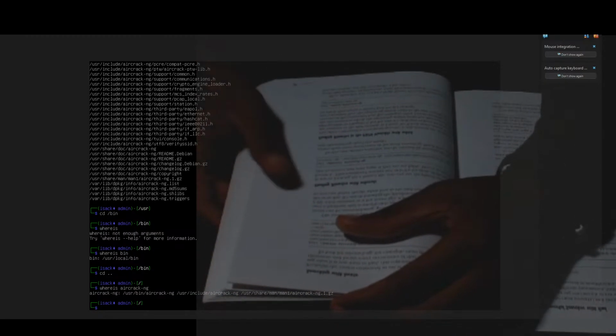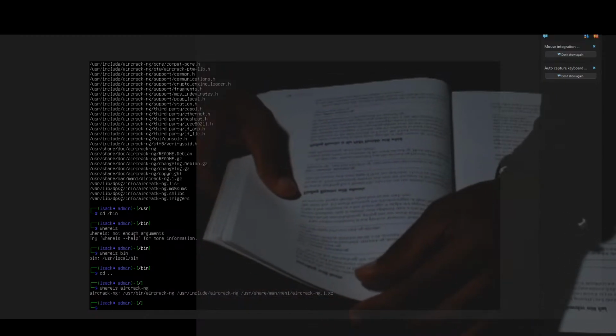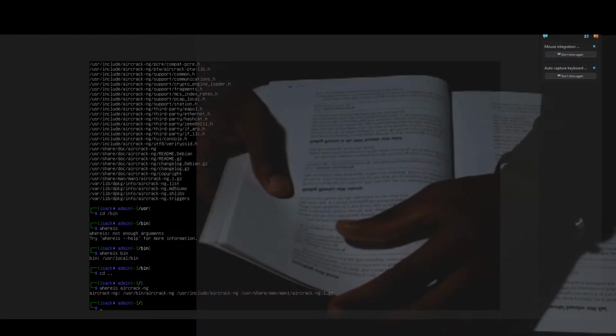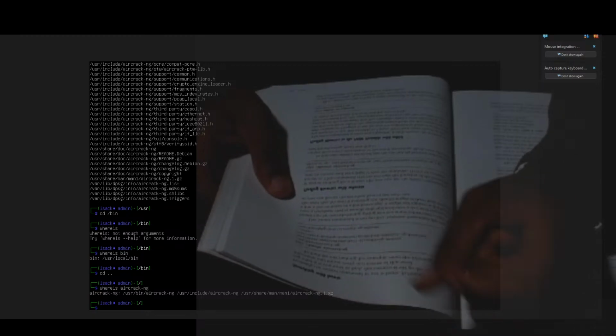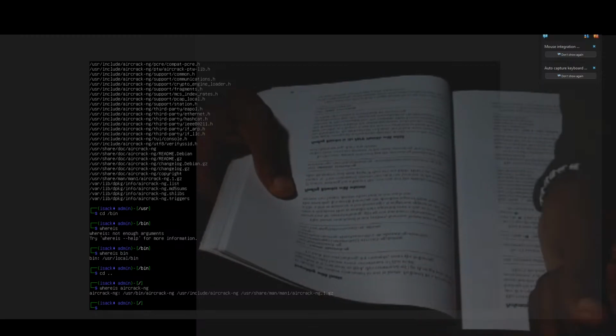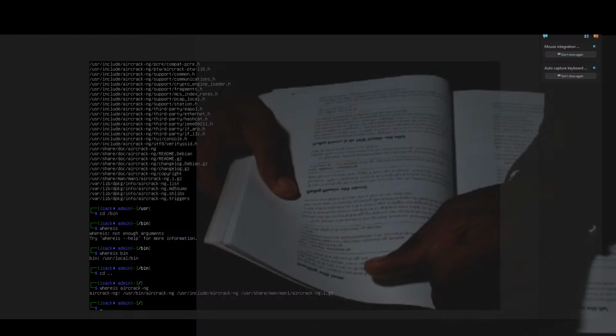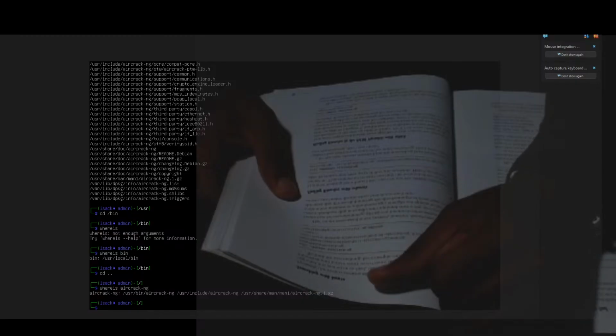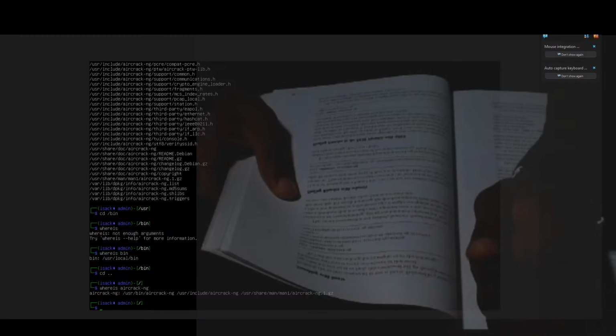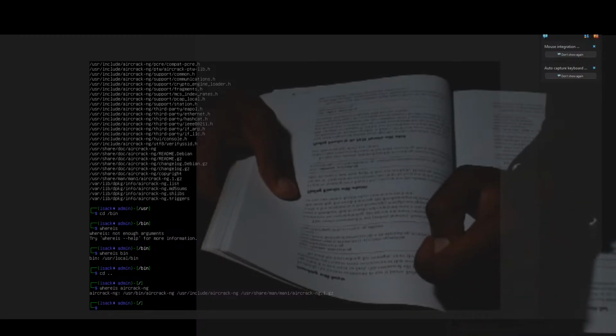All right. In this case, whereis returns just the aircrack binaries and man page rather than every occurrence of the word aircrack. Much more efficient and illuminating, don't you think? I guess so. Yeah, I guess that is. All right. So finding binaries in the path variable with which. The which command is even more specific. It only returns the location of the binaries in